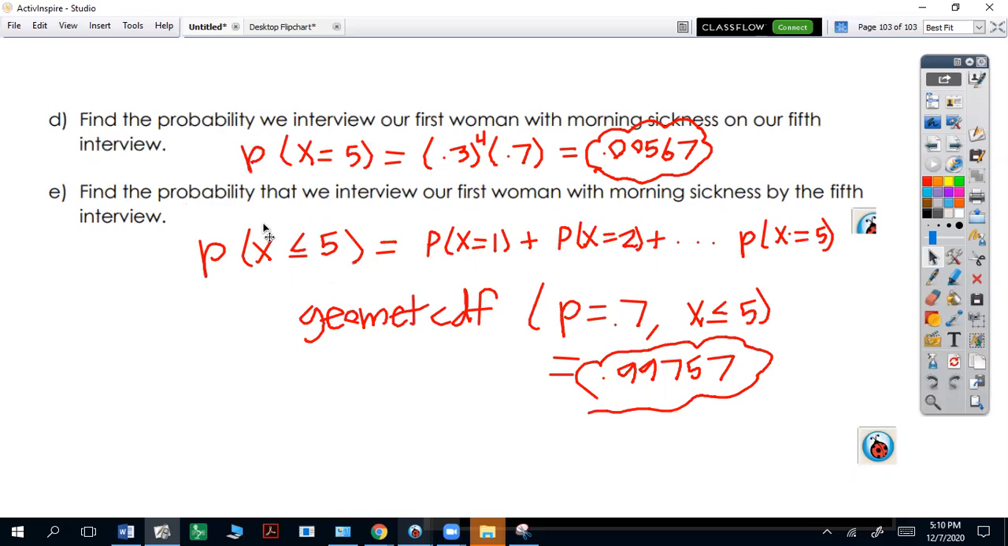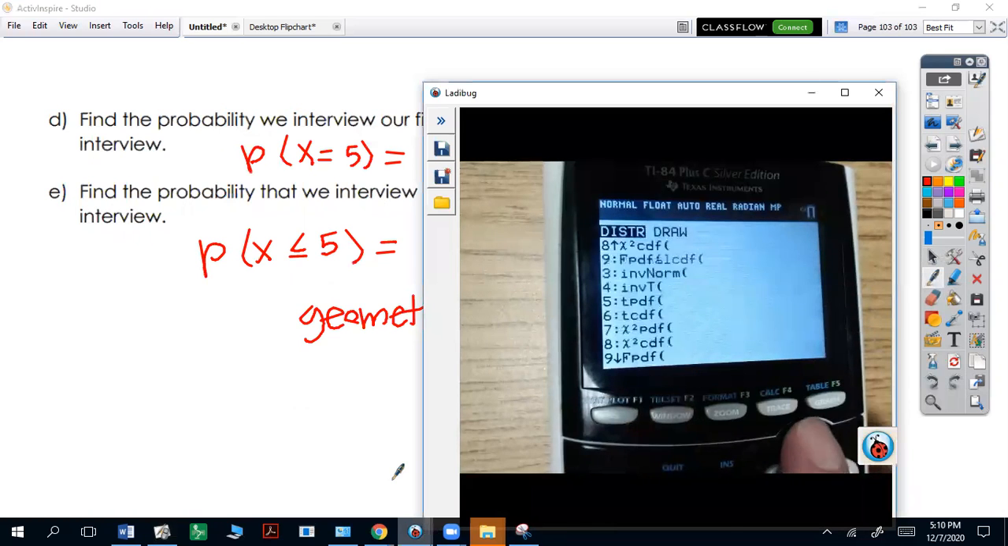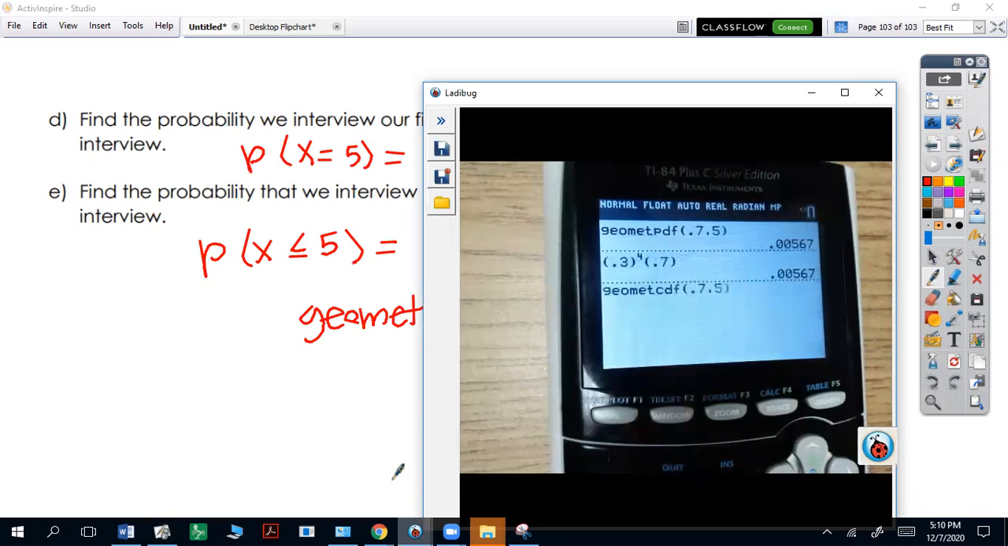Now with the next one, find probability we interview our first woman with morning sickness by the 5th. That means 5th, 4th, 3rd, 2nd, 1st. So we got a lot that we can add up. So you want to do geometric CDF because you're combining those. And that's going to look like this. Geometric CDF, 0.7, X value is 5, but it's going to include 5 and everything below it. So what that is